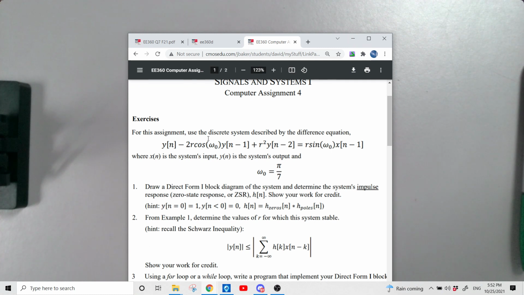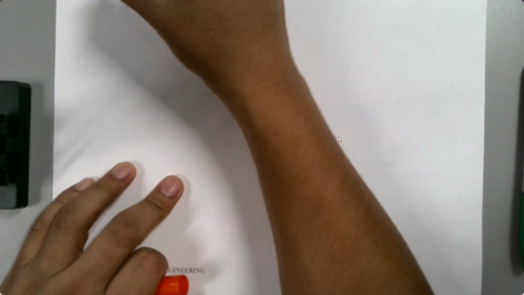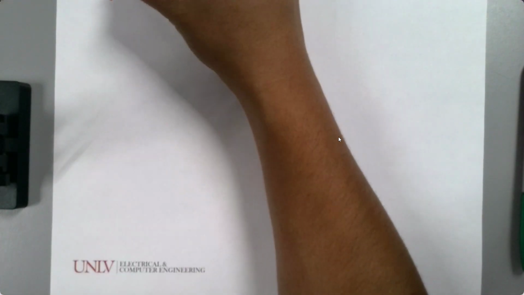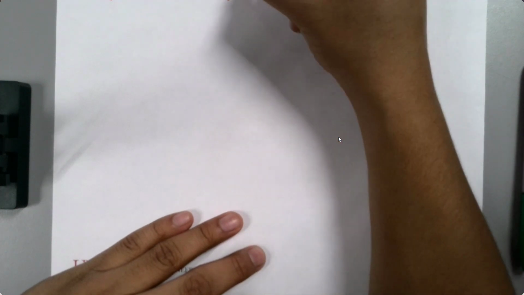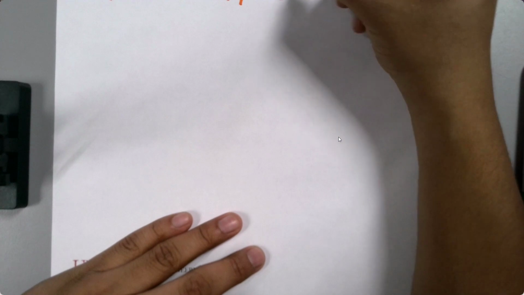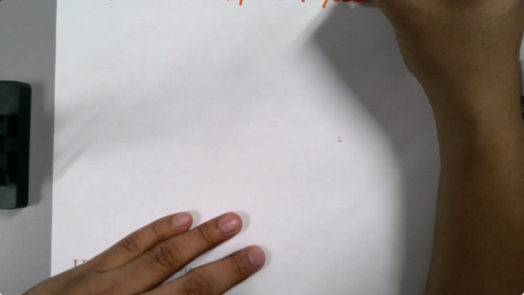So y of n minus 2r cosine omega naught y of n minus 1 plus r squared y of n minus 2 is equal to 0. Hopefully I don't waste so much paper today. All right, so what I'm going to do is